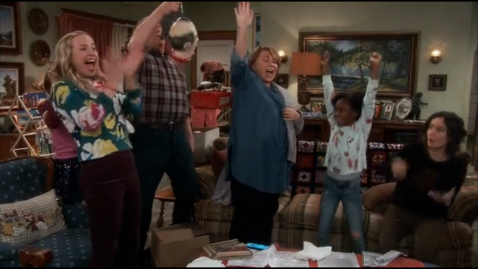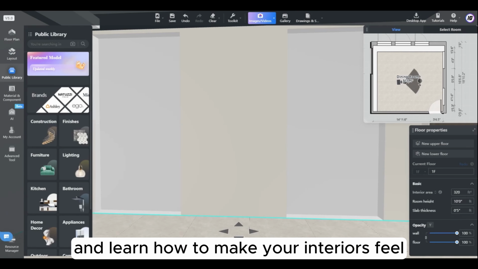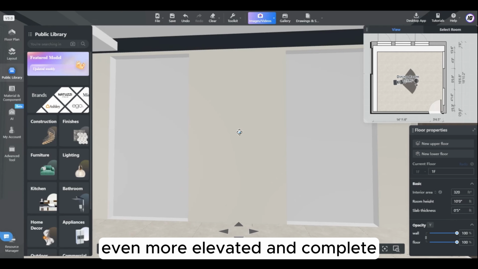In the next video, we'll dive into ceiling design and learn how to make your interiors feel even more elevated